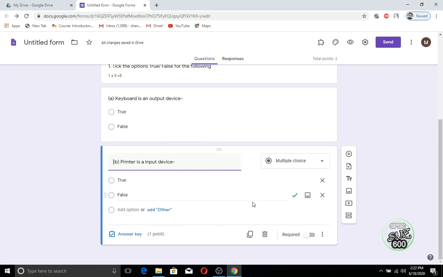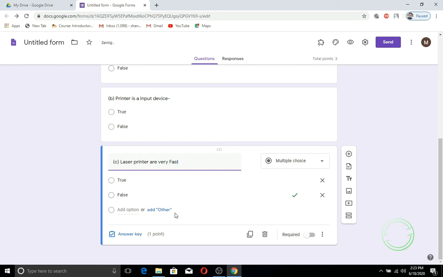So now I want to give another question. It will be better to click on this duplicate, and the question will automatically duplicate. You get a copy of the question B. So change it to C and make another question: laser printers are very fast.